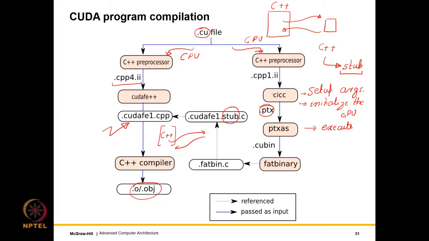No, I'm sorry, I stand corrected. The PTX assembler's job is to take the PTX instructions and generate the machine code, and generate a .cubin file, which is essentially a GPU binary file. But of course, the ISA is PTX. Then the object file and the PTX are combined into what we have been calling a fat binary.